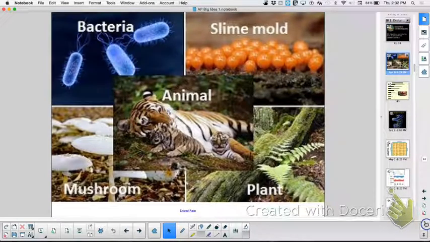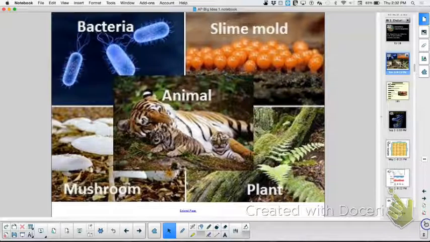So the first thing we want to look at is the different, what would this be, by the way? What are you looking at here? Different domains. What domains do you see there? Archaea, bacteria. What else do you see? Eukarya. What's missing? Archaea. One of the domains is missing in this picture, right? Archaea, of our 3 domains.